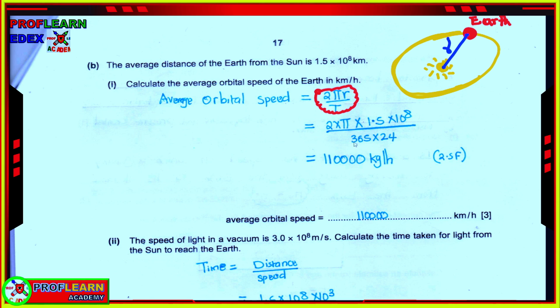So we are going to multiply 365 times 24, because there are 24 hours in a day, so that we can get our answer in kilometer per hour. We shall give our answer in kilometer per hour. Okay, so